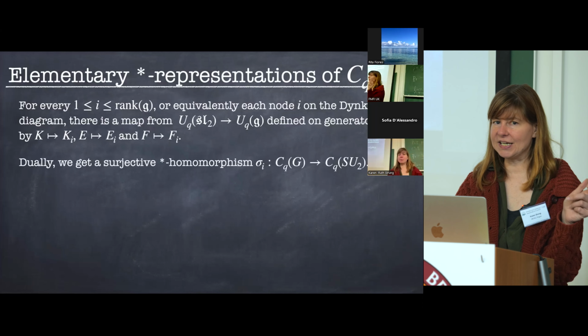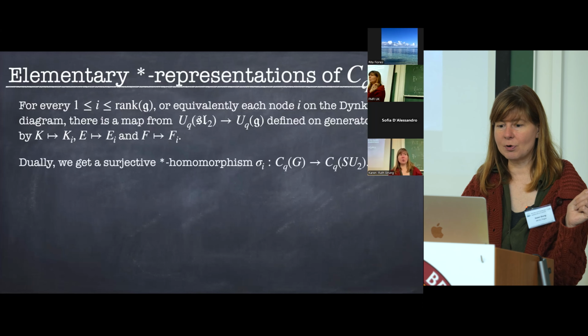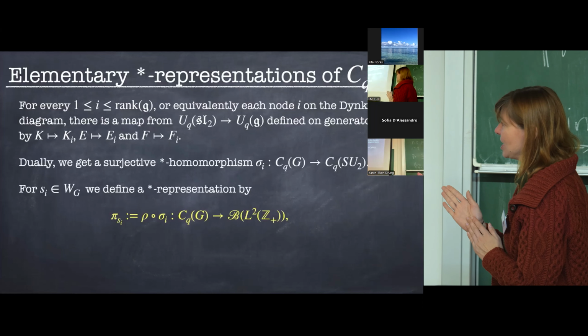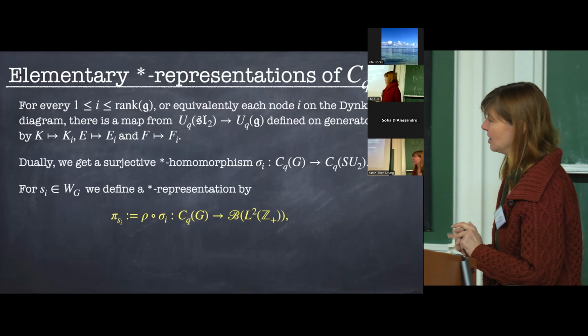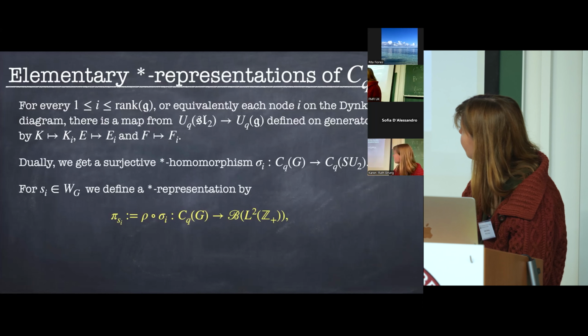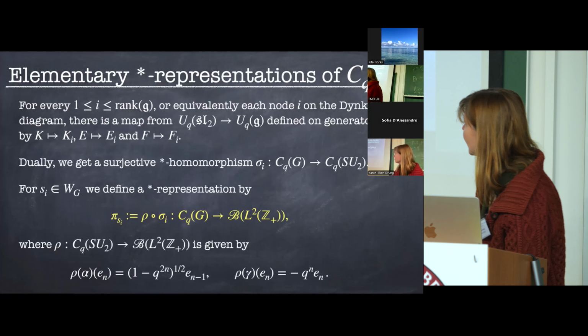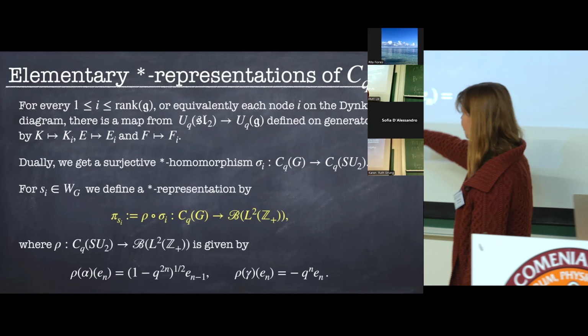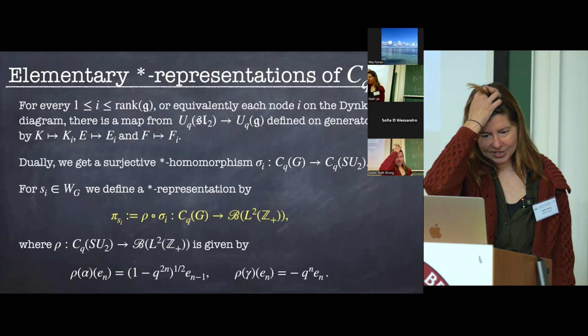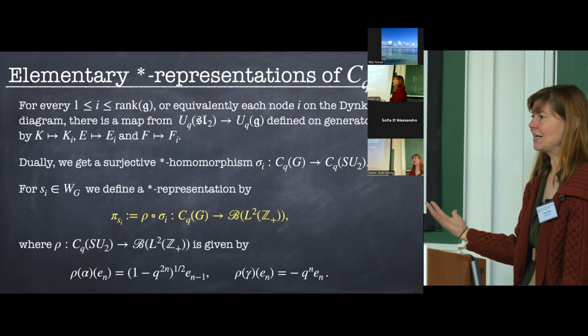So with the dual picture, we get a surjective star homomorphism, which allows us to define a star representation of C(G_q) as follows, by composing it with this infinite dimensional star representation of C(SU_q(2)). So it's quite interesting that, well, C(SU2) certainly does not